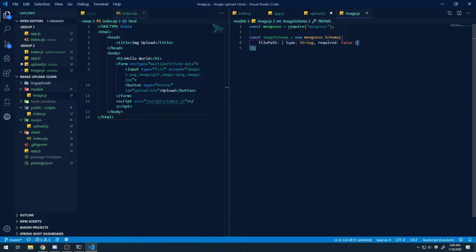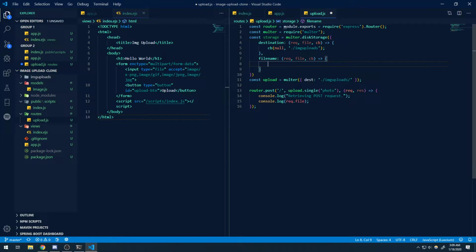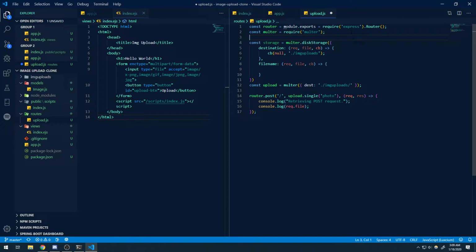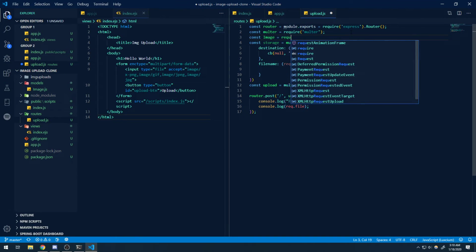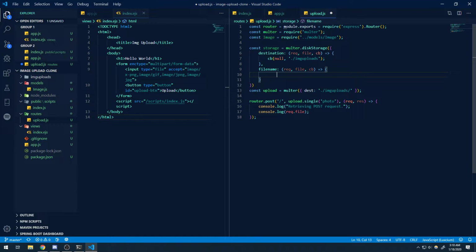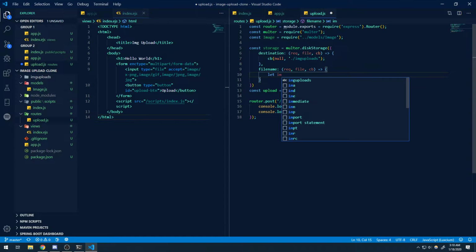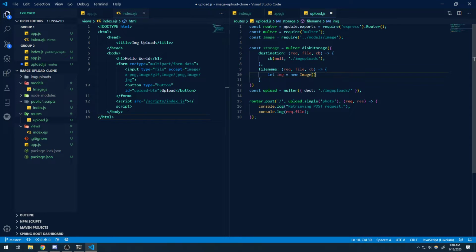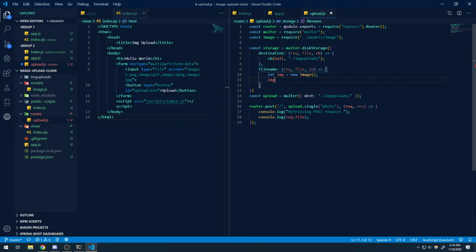We can obviously store other things too, like the original name of the file, but I'm not going to worry so much about that because again, this is just a prototype. Okay. So what I'm going to do is say const Image equals require image. Hopefully that's not like an actual class. Okay. We're going to go ahead and create, so let's say let image equals new Image. Okay, so we can go ahead and actually get the